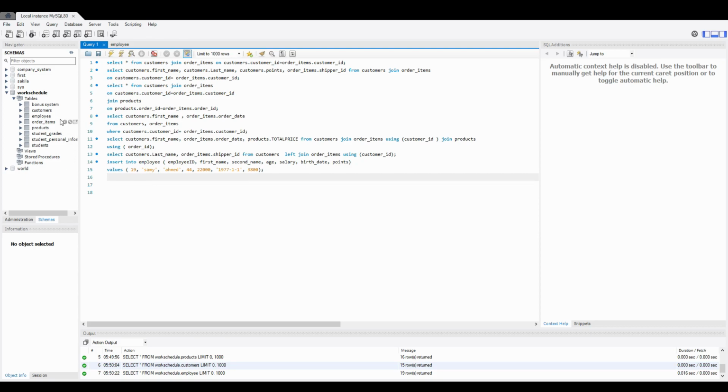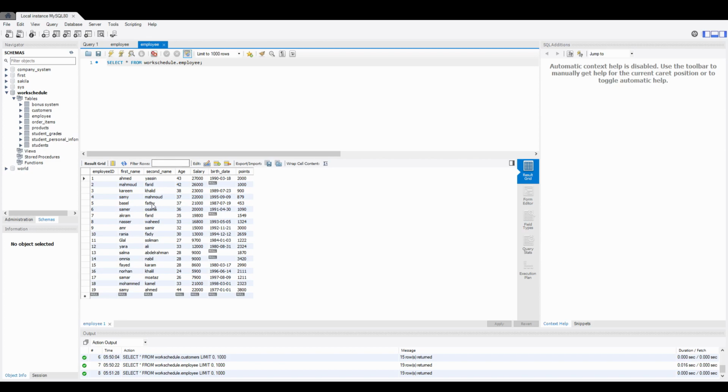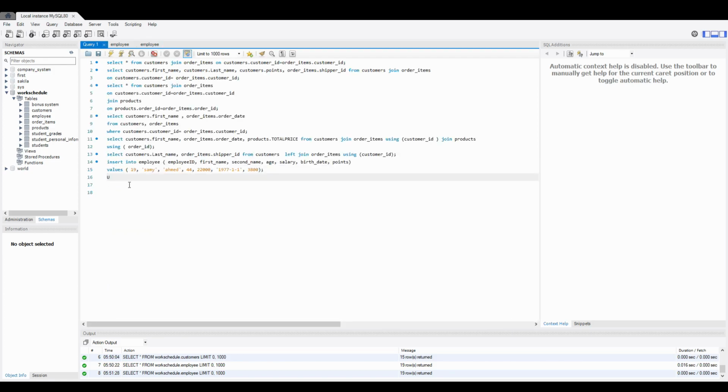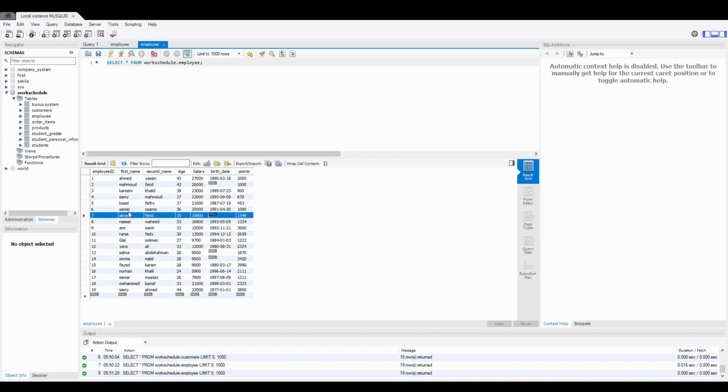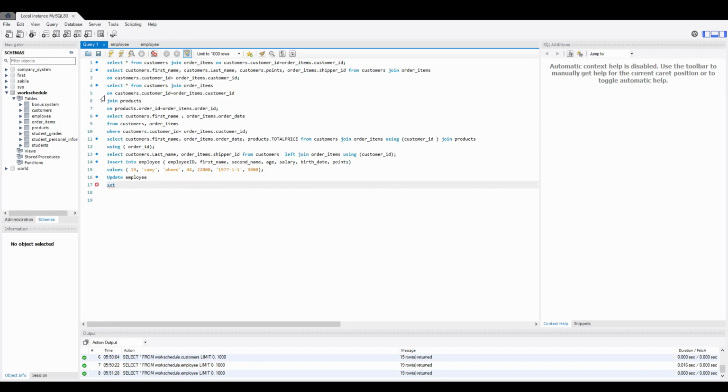The second method is that you can write a query to edit the data in the tables. For instance, click on the employee table here and update employee ID 7, this row, into: update, name of table employee, set, name of column first name equal to, in brackets, Mahmoud,